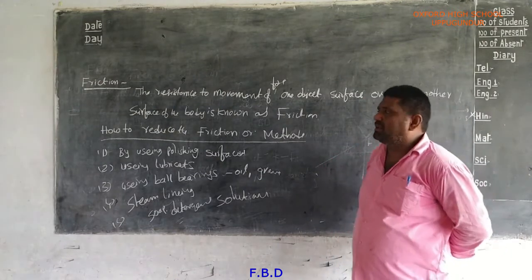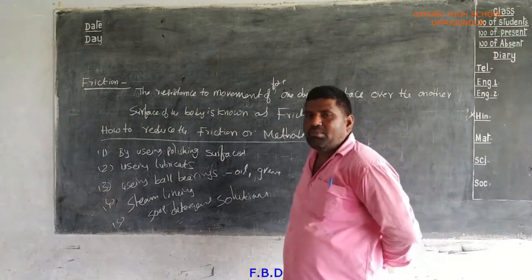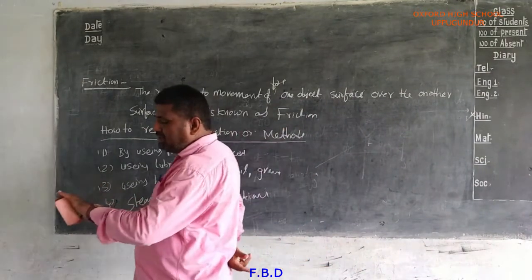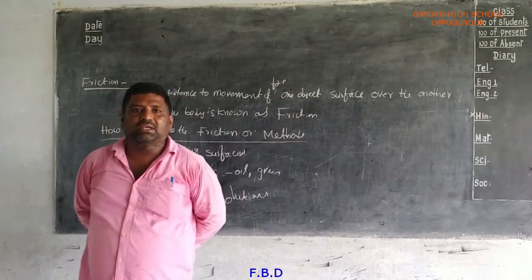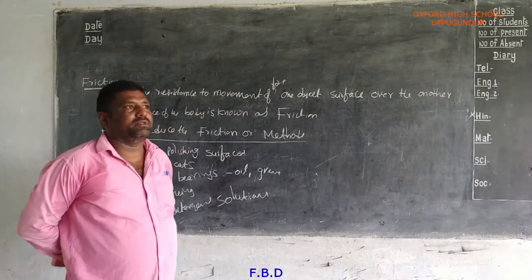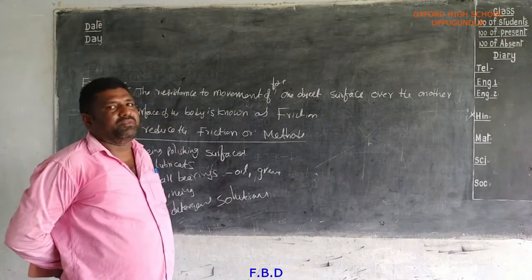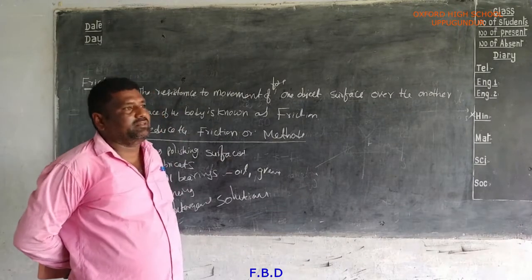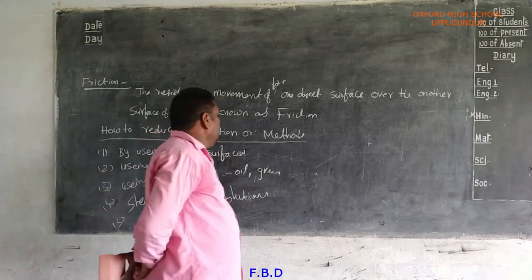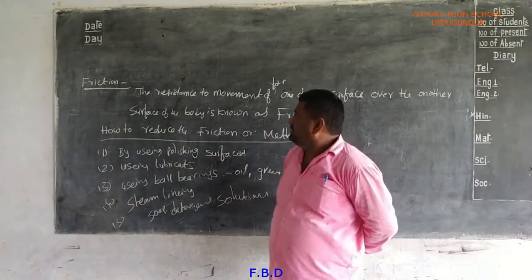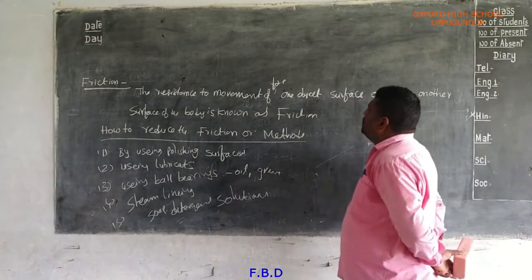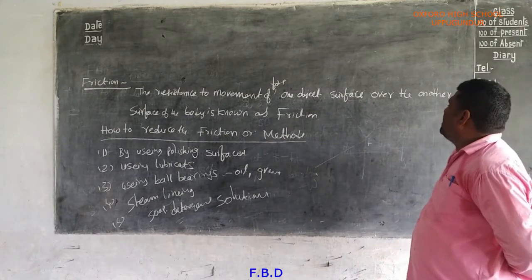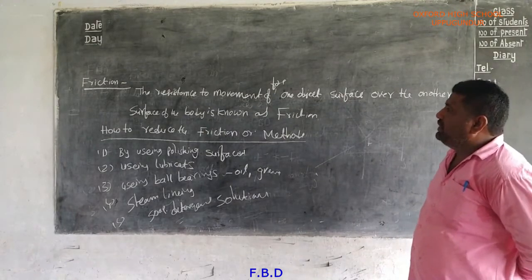This body is called the free body diagram. We also calculated it using the car. And what is the definition of friction? The resistance to movement of one object surface over another surface of the body is known as